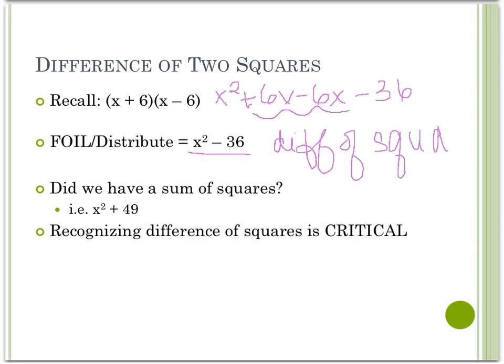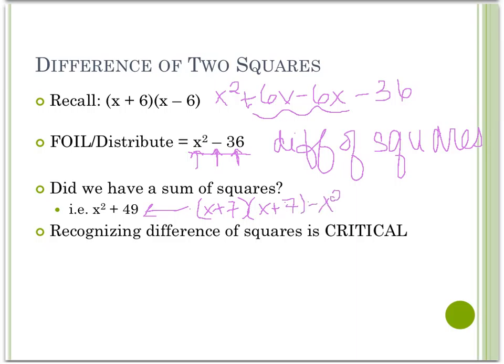And why this is a difference of squares is because we can see that x squared is a square, 36 is a square, and the subtraction sign is the difference. So the idea is, do we have a sum of squares? Well, we have x squared plus 49, but is it factorable? If we look at x plus 7 times x plus 7, which would be our most likely contender, we would